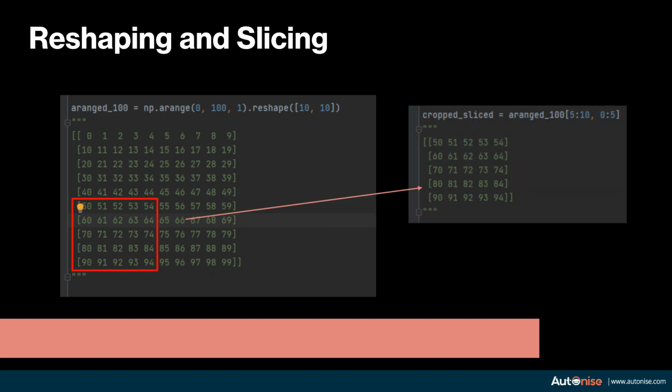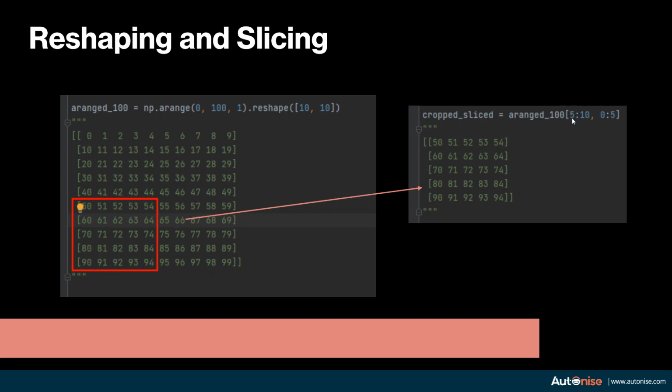Next, let's say we want to take only some parts of this array. To do that, we use slicing. The syntax to do slicing is like this. Let's say we want to take rows from the 5th row to the 10th row and columns from the 0th position to the 5th position. To do that, this is the syntax.